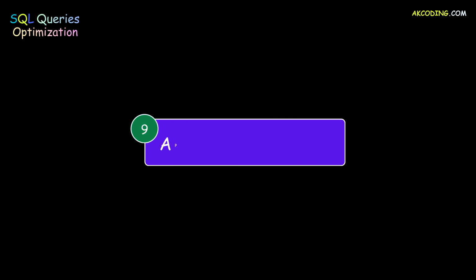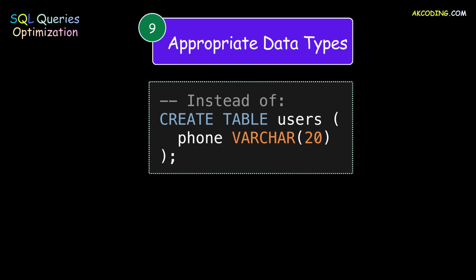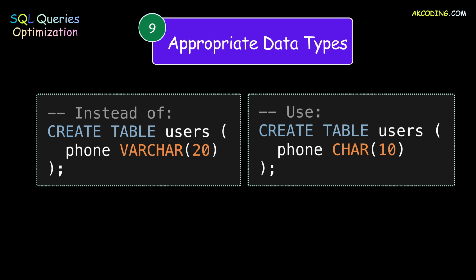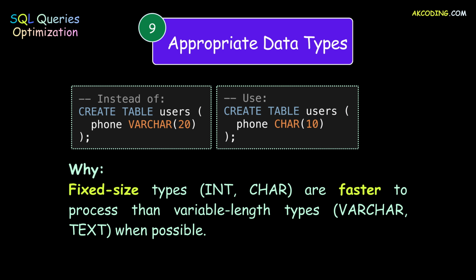Number 9. Use appropriate data types. Using the right data types saves memory and speeds up comparisons. For example, CREATE TABLE users with phone_number VARCHAR(20) is not the right approach. Use CREATE TABLE users with phone_number CHAR(10). Why does this matter? Fixed-size types like INT and CHAR are faster to process than variable-length types like VARCHAR and